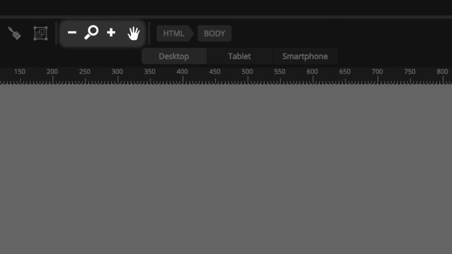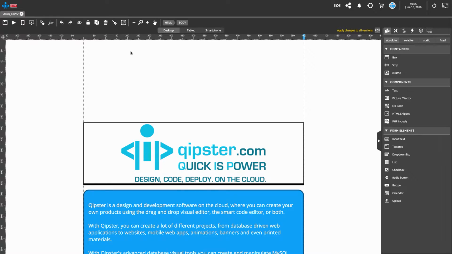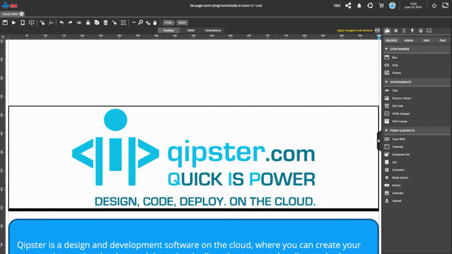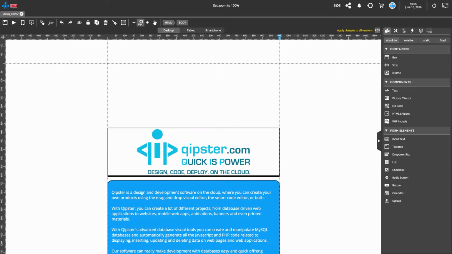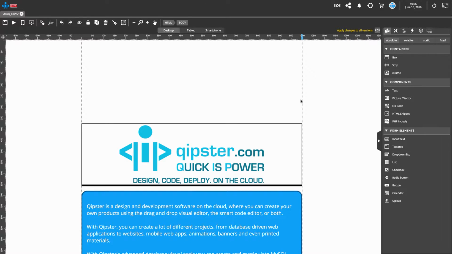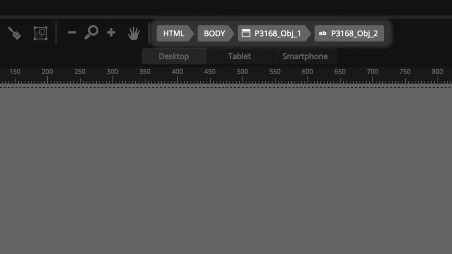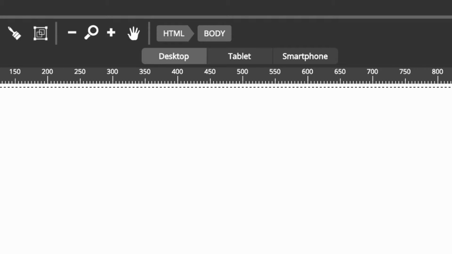The zoom and pan tools come in handy when you need to see a bigger picture of your page or work on details. Click and scroll horizontally to zoom in and out. Click on the lens to get back to 100% size. While the pan tool can be activated and deactivated from here, right-click and drag on page makes the process quicker and improves efficiency. The breadcrumb trail shows where you are located in the document structure, displaying the whole tree from the beginning of the document down to your selection. Clicking on elements provides quick selection among the current tree.